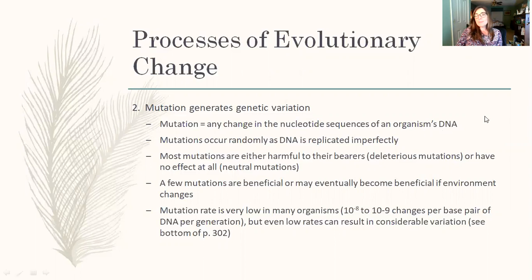So I'll just remind you that a mutation is any change in the nucleotide sequence of an organism's DNA. They occur randomly and with no respect to whether it's going to be beneficial or not. It's literally just a random change in the genetic makeup of an individual. Mutations can be helpful sometimes. More often they're harmful, and you can just look at a number of different diseases that have genetic causes to see that. And sometimes they're just neutral, so they don't help or hurt the organism.